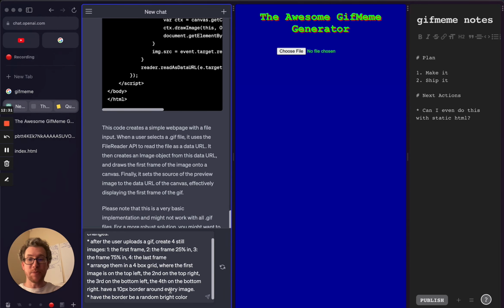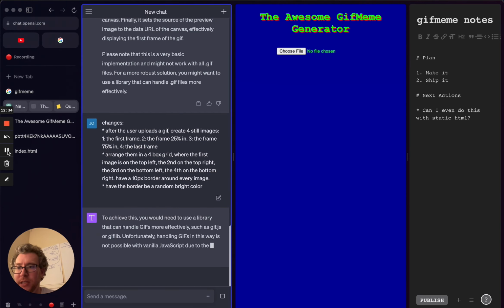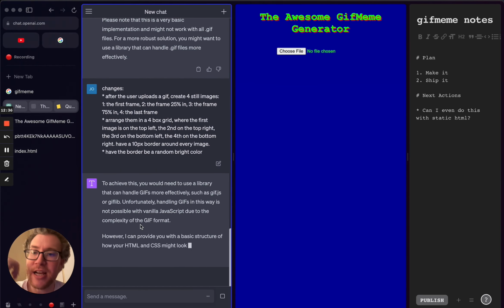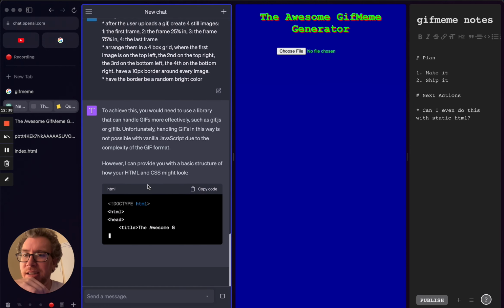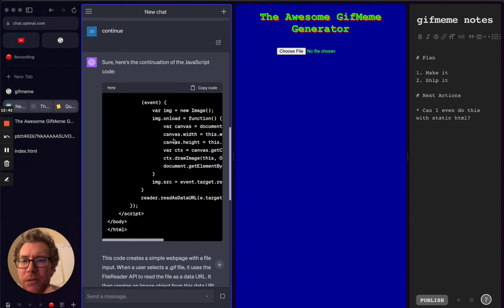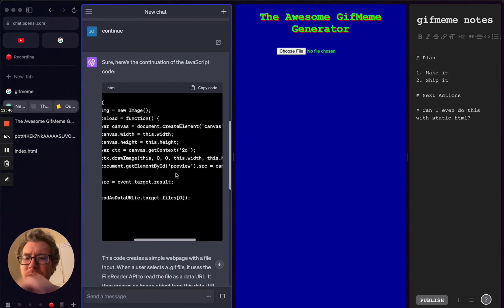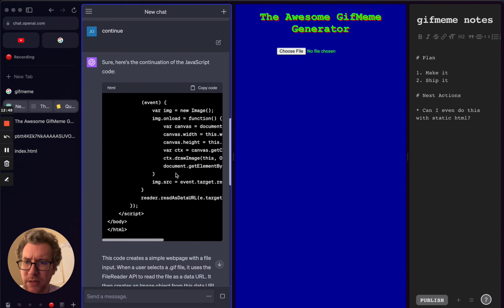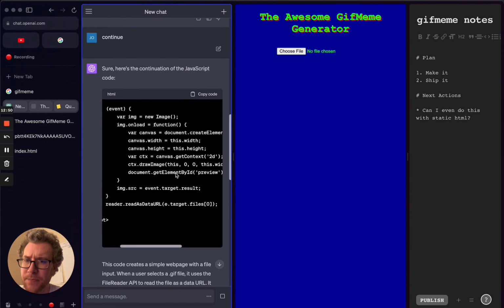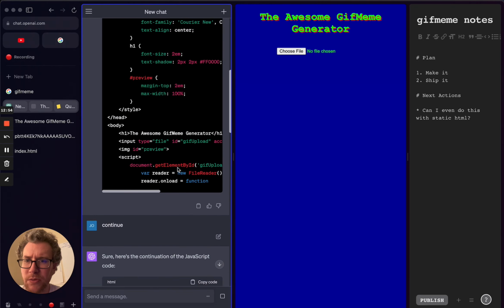All right, let's say a prayer and make it go. Oh no, it's saying that I need a library. But why was it able to do this other one? I'm thinking we don't need a library. Hobbs doesn't either over here. What do you think, Hobbs? If we were able to do the first one, we should be able to do more. That's my opinion. I'm going to tell it that, maybe.